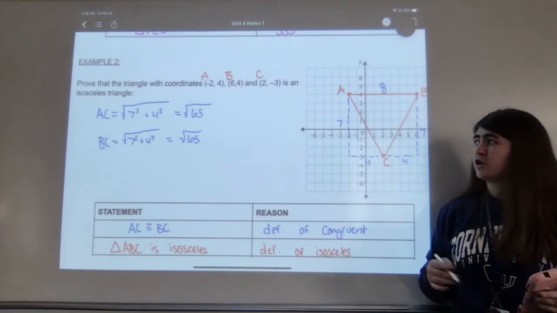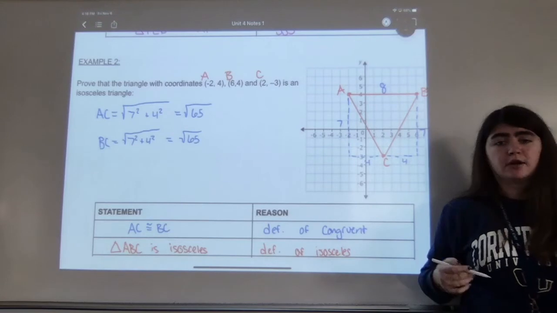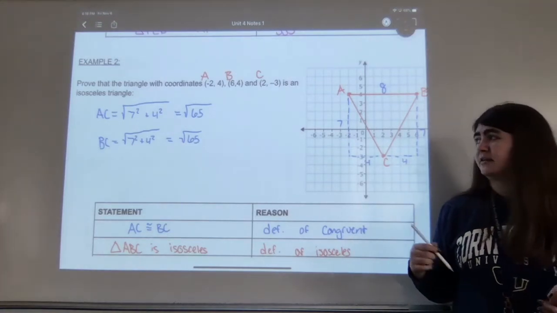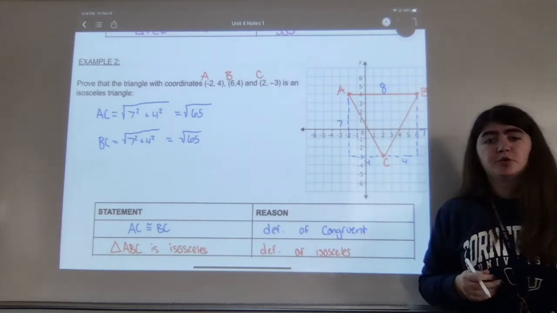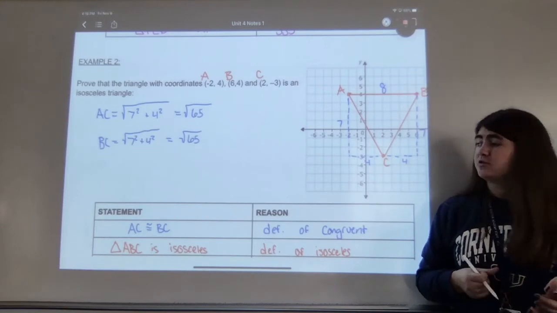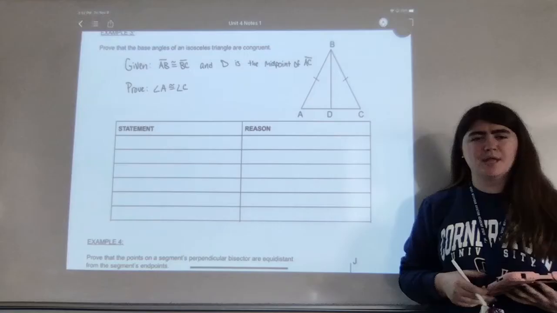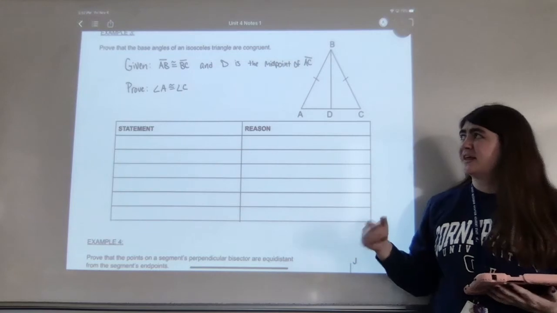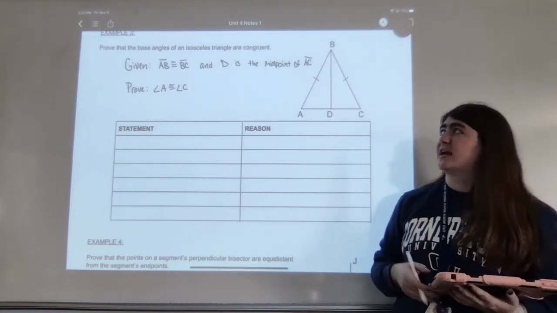And now that we have shown a couple examples of proofs in the coordinate plane, we're going to go ahead and flip the page, and on example 3 and example 4, we're going to prove a couple theorems about triangles. All right, here we are in example 3 that says to prove that the base angles of an isosceles triangle